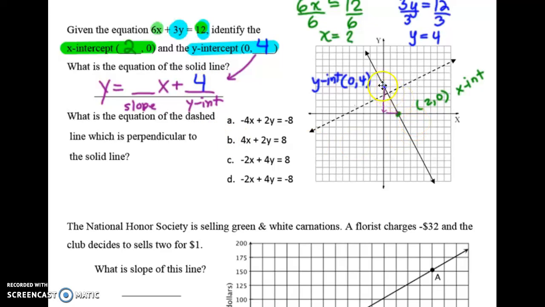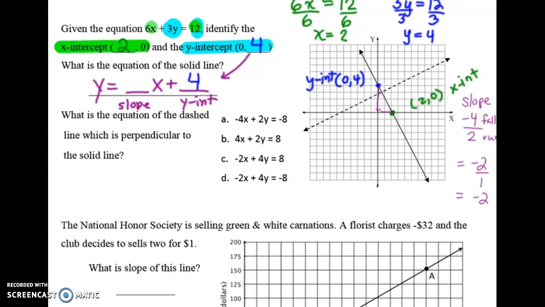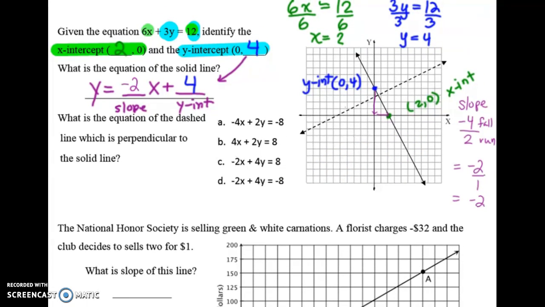To find the slope, I simply go and count my rise over run. Since this is a negative slope with a falling line, I count down 4 and right 2. So my slope is negative 4 over 2, which simplifies to negative 2, and negative 2 goes in front of